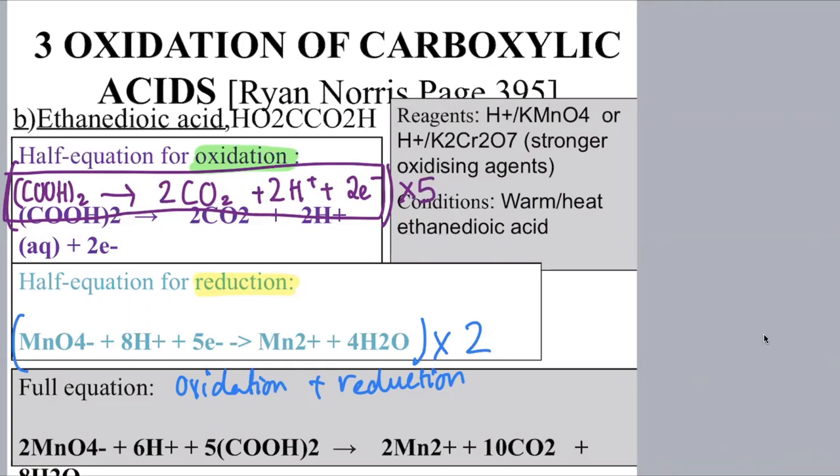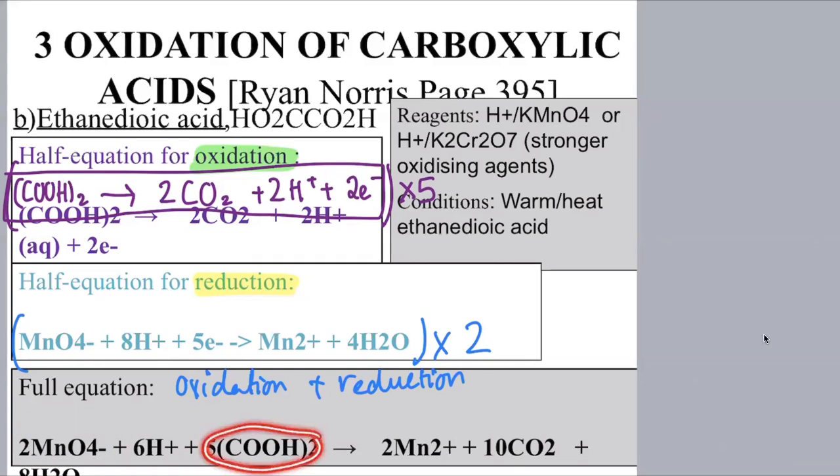And then of course you combine them and tidy them up. I hope you know this already. What I mean by tidying it up is if you have H plus on both sides, you will have to simplify them. It turns out that after simplifying, this is what you get: 2MnO4 minus plus 6H plus plus